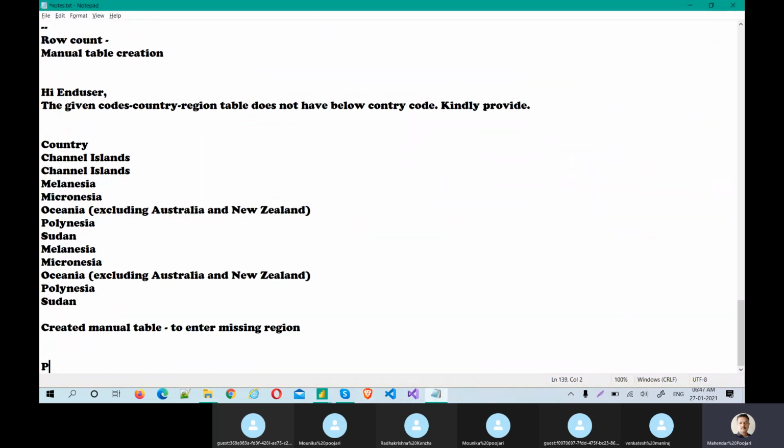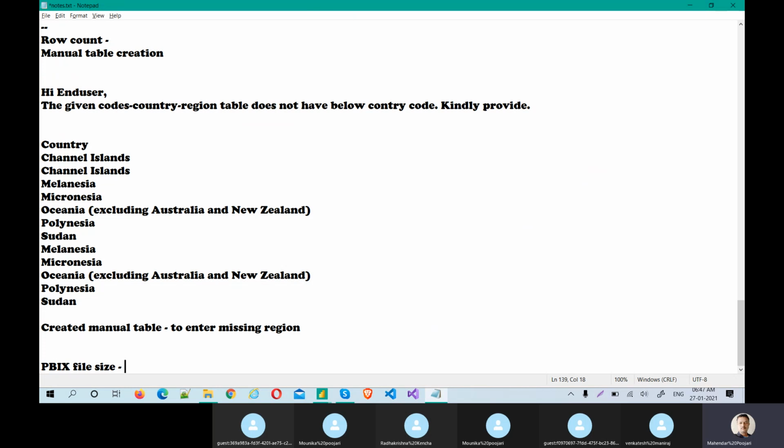PBIX file size. A Power BI developer should know the file size because Power BI has a Pro license and a Premium license. Again, Premium license has tiers: P1, P2, P3.